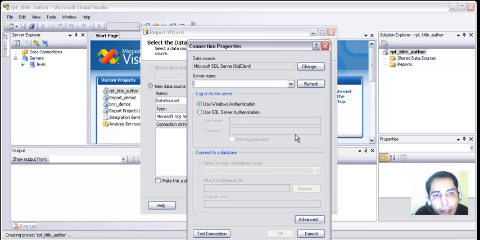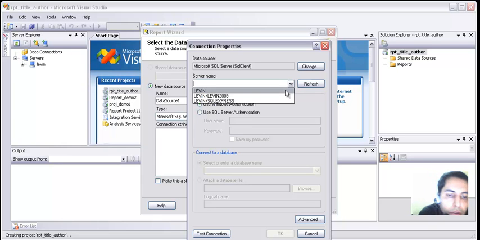In my case, I will have to select the server name. I'm going to select the server name. You can see there are two logins to the server: Windows authentication and SQL Server authentication. I'm going to use Windows authentication in this case, because I am using a Windows account. But naturally, mostly when the administrator looks into your account, they will give you a SQL Server authentication account,